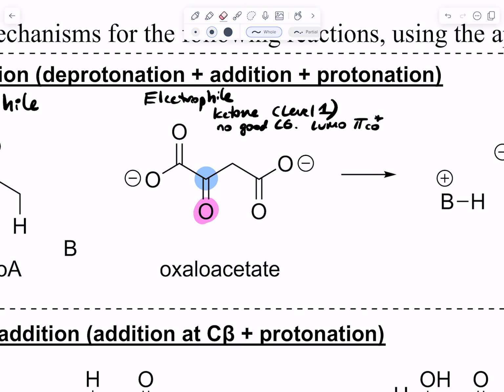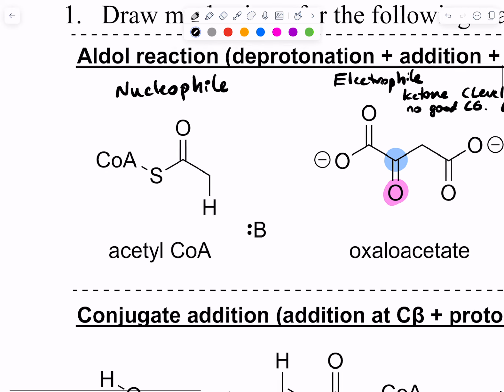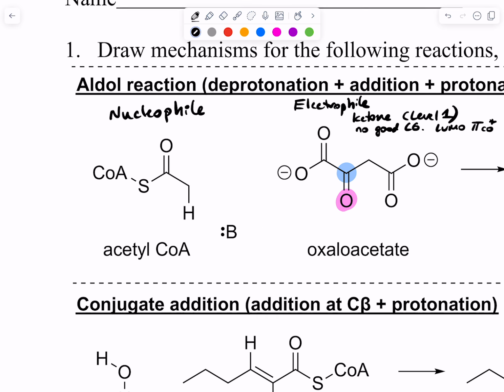All right. Let's now go over here to the nucleophile. Now that's going to throw you for a loop because normally your nucleophiles have been things with lone pairs on them, like OH minus or any of the other nucleophiles that we saw, something negatively charged. Here, we're dealing with a molecule that is neutral to begin with, but we're using a base. Because this is an aldol reaction, and you've seen the example, you know that you need to first